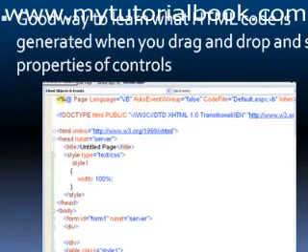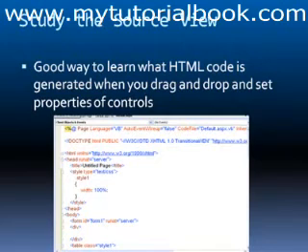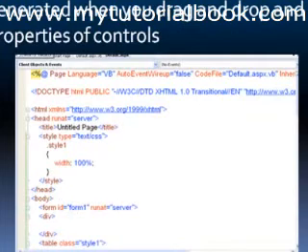As we said earlier, just by studying the source view, it's a good way for you to learn about HTML and cascading style sheets and active server pages. So there's a lot there. In this example, you notice the thing at the top is the page directive. The second line, the doctype, identifies the standard that we're following for our HTML, XHTML, and then we have the HTML tag